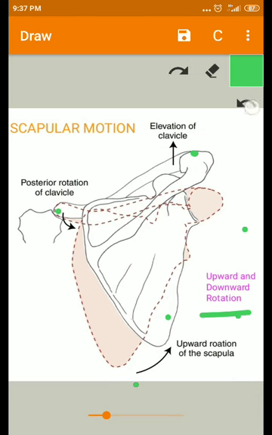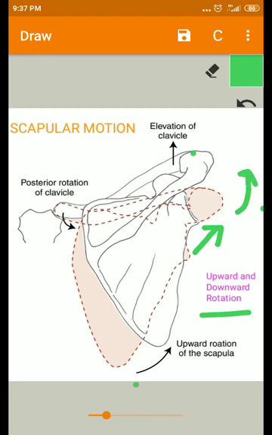Okay, and the next one is the scapular motions on the thorax. Scapular motions which occur on the thorax always occur in combinations, such as simultaneous upward rotation, as well as external rotation and posterior tilting,